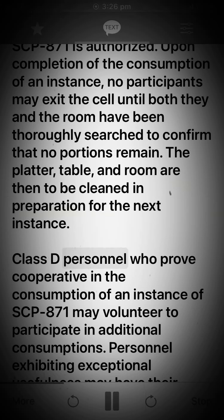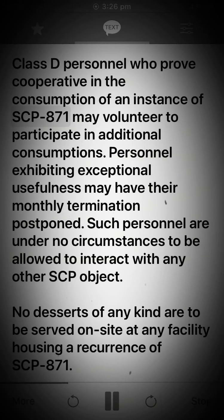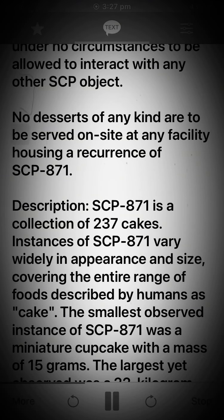Class D personnel who prove cooperative in the consumption of an instance of SCP-871 may volunteer to participate in additional consumptions. Personnel exhibiting exceptional usefulness may have their monthly termination postponed. Such personnel are under no circumstances to be allowed to interact with any other SCP object. No desserts of any kind are to be served on site at any facility housing a recurrence of SCP-871. Description: